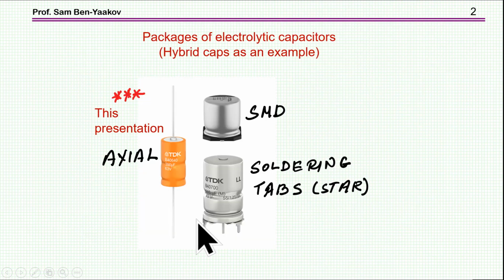I'm showing here a number of capacitors. These are hybrid capacitors, hybrid electrolytic capacitors as a matter of fact. This is the SMD package. This is the soldering tabs or star connection with the tabs here. And here is the axial capacitor with two leads coming out, positive and negative, and usually the negative is connected to the body, which is conducting, and this is why you can get them with a sleeve for insulation. So I'm going to concentrate on these axial capacitors, and in particular to talk about the inductance, the ESL of